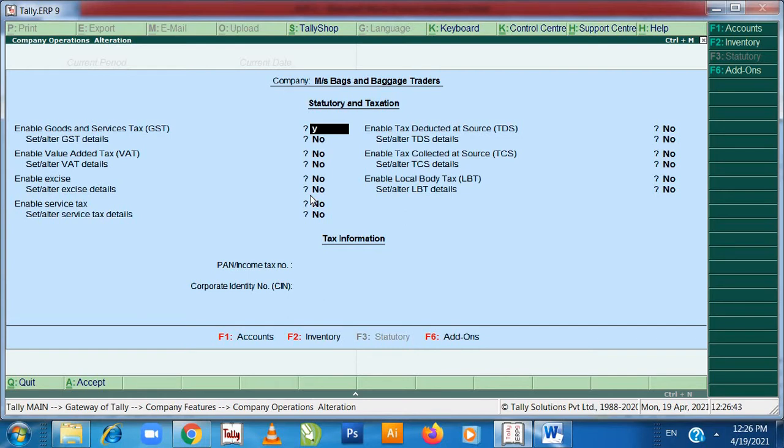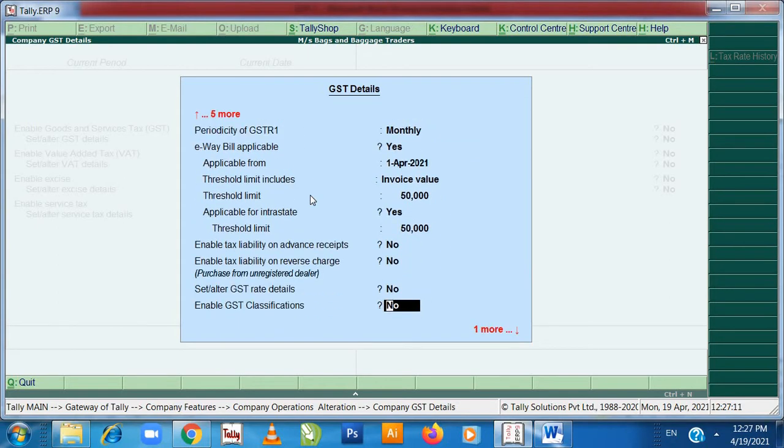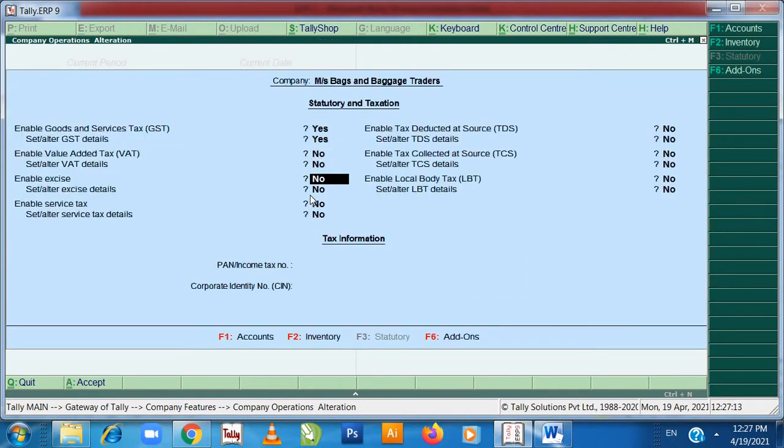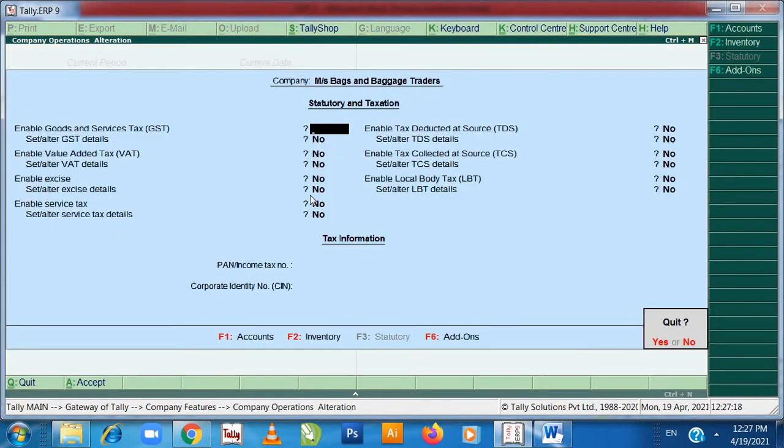Here GST will be yes, alter also will be yes, here it will be Maharashtra, and here you need to put the GST number also, that is 27 STUVW1234 C2Z1. Press enter, enter, enter, enter. Again press enter, enter, enter. So we have enabled the GST features also.